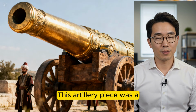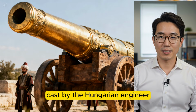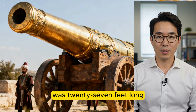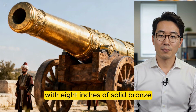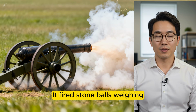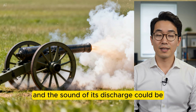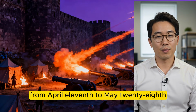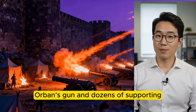This artillery piece was a bronze bombard, cast by the Hungarian engineer Orban. The cannon, nicknamed the Basilica, was 27 feet long, with 8 inches of solid bronze barrel walls and a bore 30 inches across. It fired stone balls weighing roughly 12 pounds, and the sound of its discharge could be heard 10 miles away. For 48 days, from April 11th to May 28th, Orban's gun and dozens of supporting cannons hammered